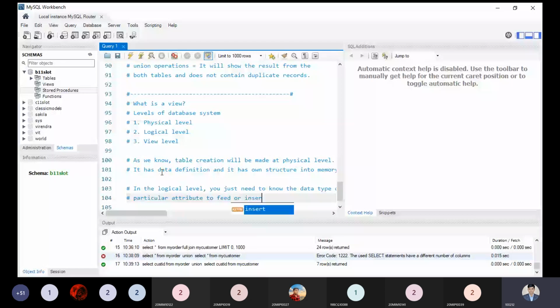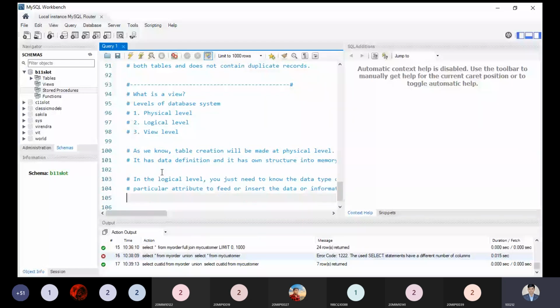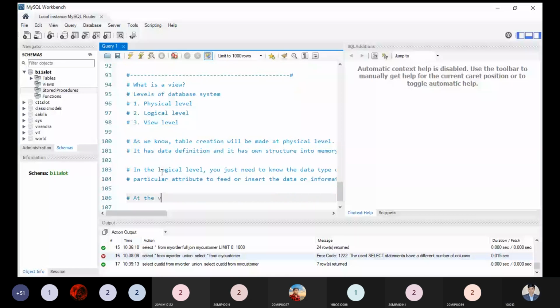So the logical level plays an important role at this point. When talking about the view level, users are able to view data from different perspectives.